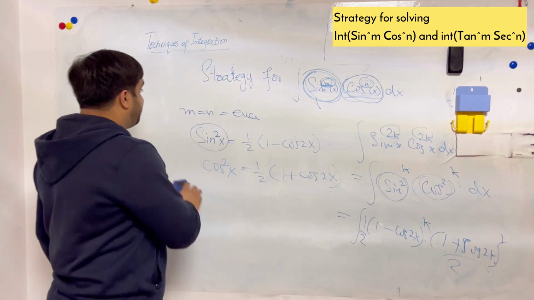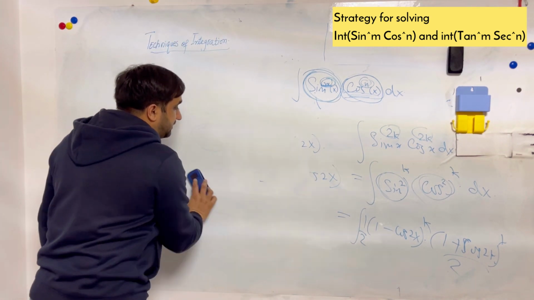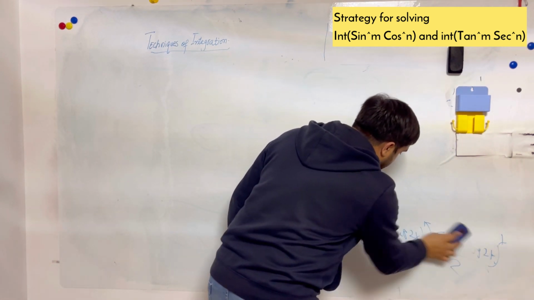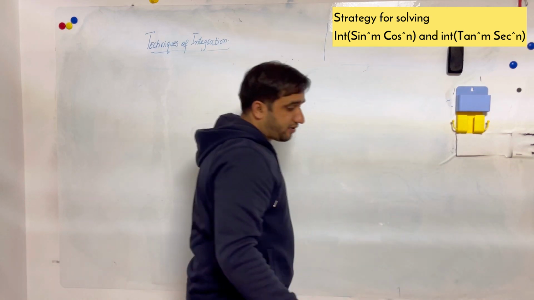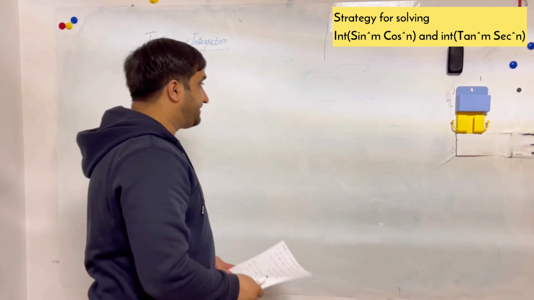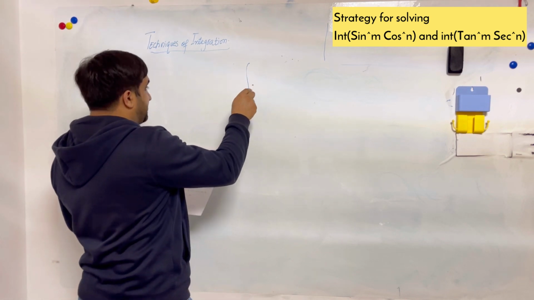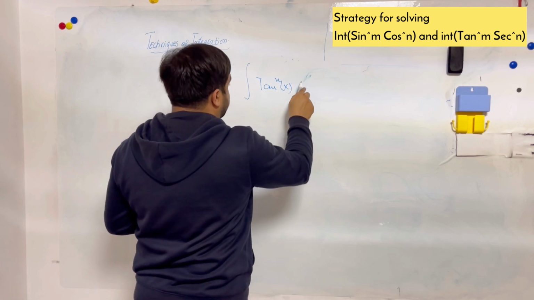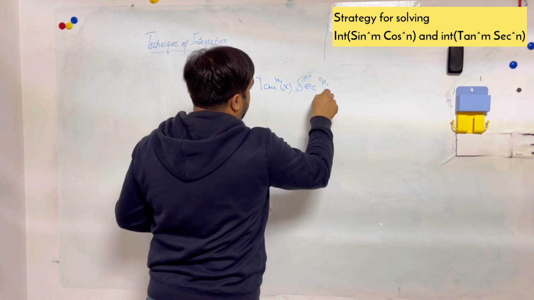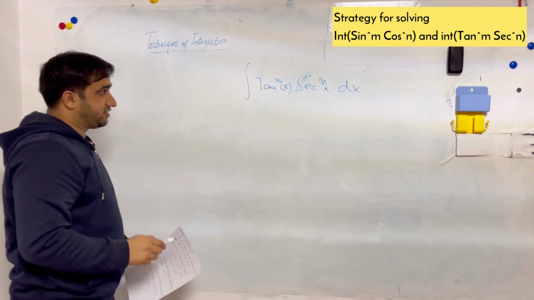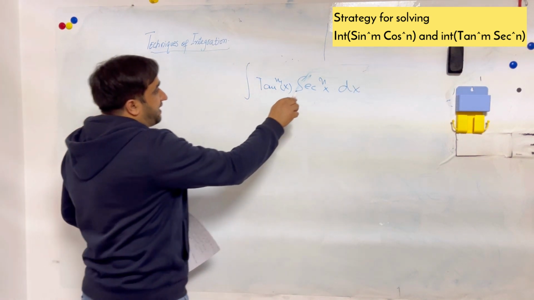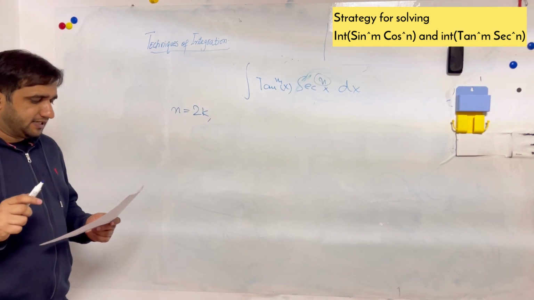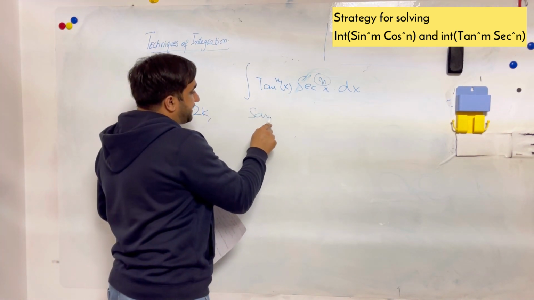Now, similarly, instead of sine and cos, if you are dealing with tan and secant, and you have a product of tan mx multiplied with secant raised to the power nx dx, and the power of secant n is some even number 2k, then do the same. Save one factor,